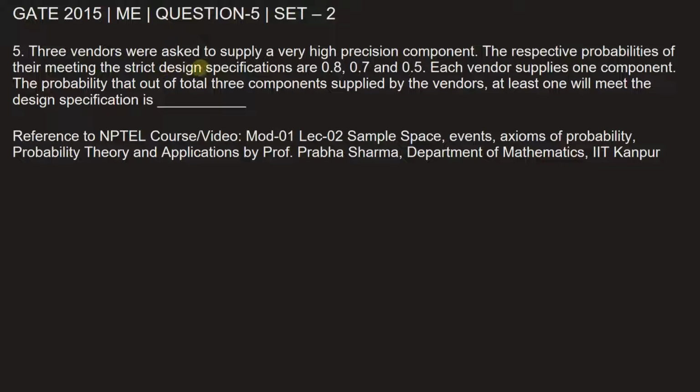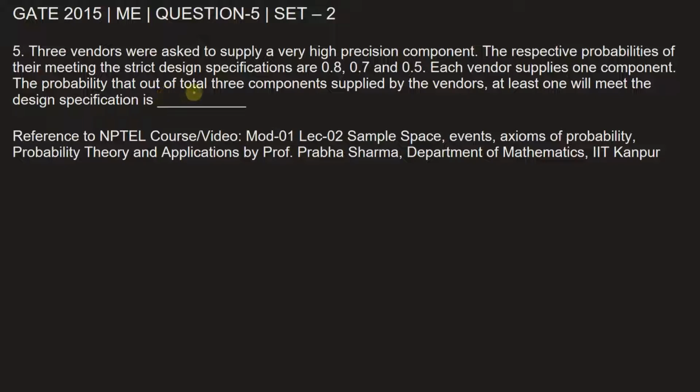Three vendors were asked to supply a very high precision component. The respective probabilities of their meeting the strict design specifications are 0.8, 0.7 and 0.5. Each vendor supplies one component. The probability that out of the total 3 components supplied by the vendors, at least one will meet the design specification